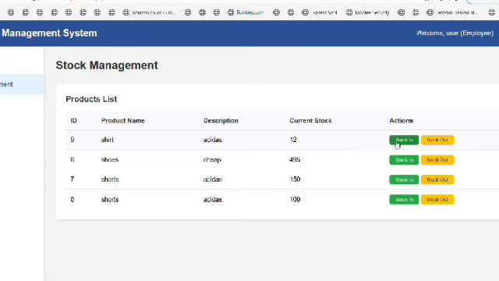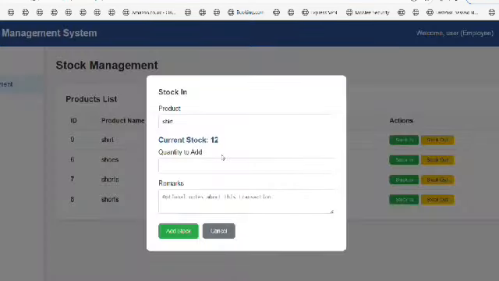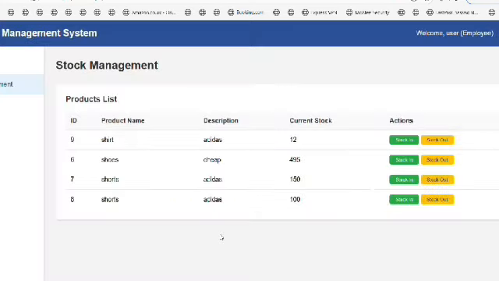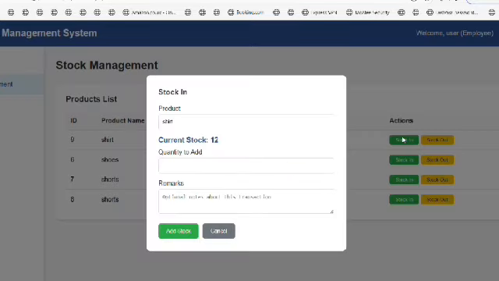Here we can stock in. If there are arriving products, we can add them in stock in. Example, we already have 12, but 10 arrived, and add stock.